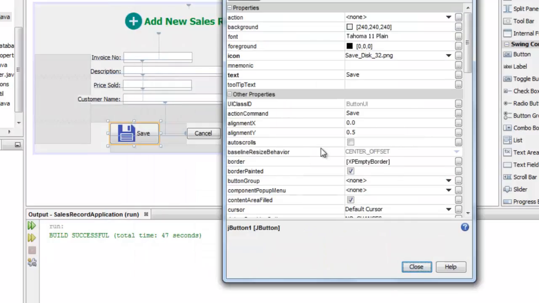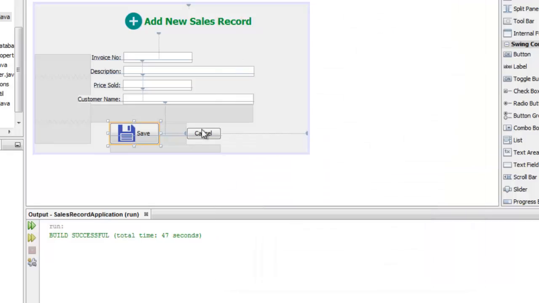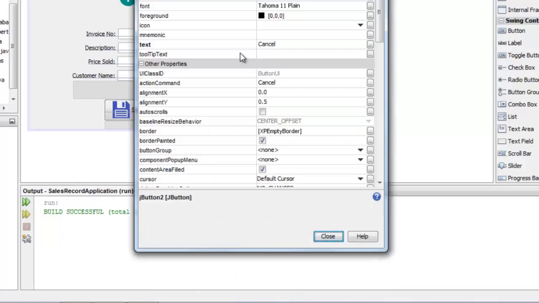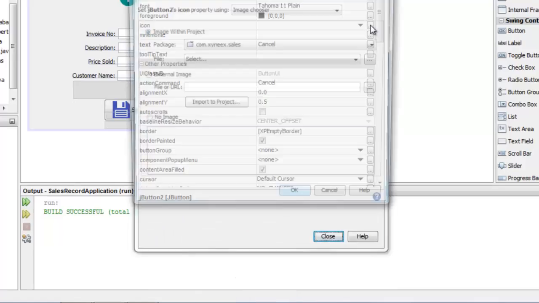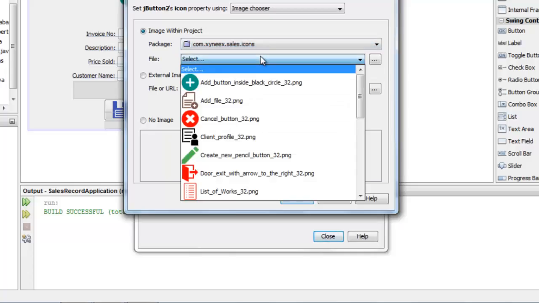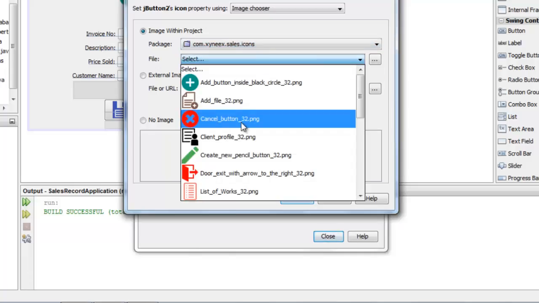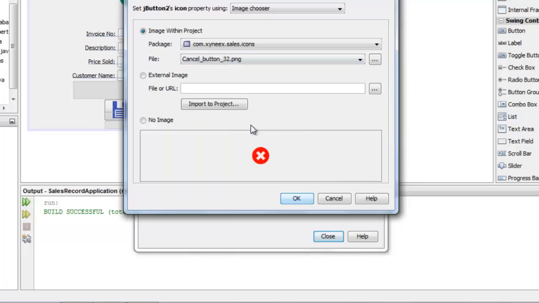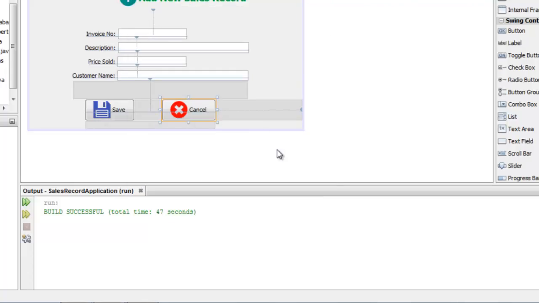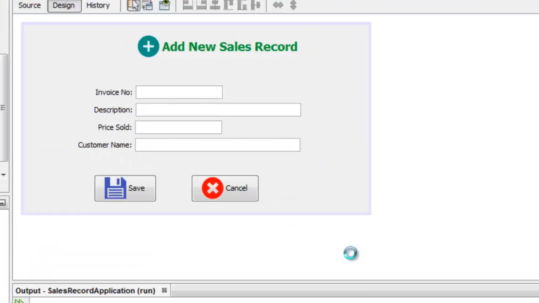Then for the cancel, I can select the button, right click on it, do the same thing, go to properties, go to the icon, and I select the icon package, select the file. For the cancel, this red X button will fit for cancel, so I'm going to select it and click on OK, click on close, and then we have the cancel button set. So that's it, and you can see in a few minutes I've been able to design a very nice looking